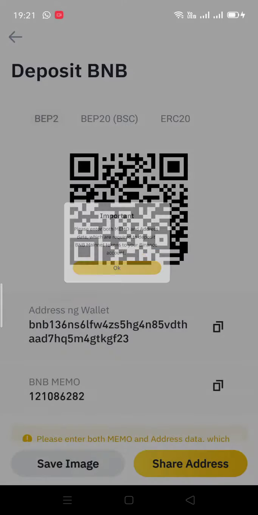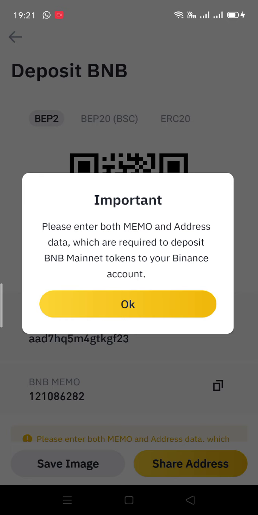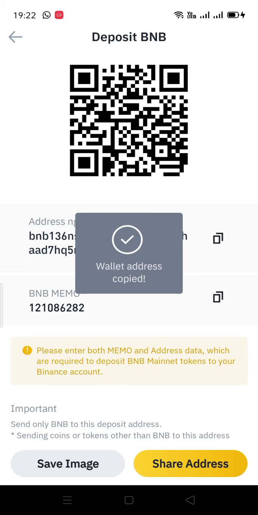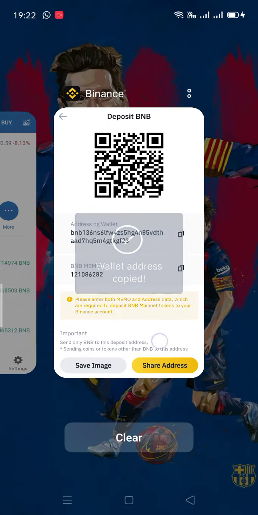When you click on deposit, it will give you an important message saying please enter both memo and address data, required to deposit, and so on. Click on OK. You have to copy this one, the address. Okay, come back to